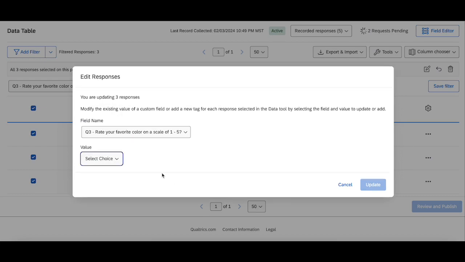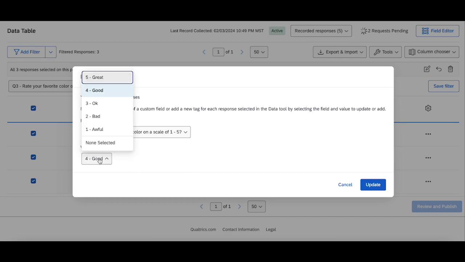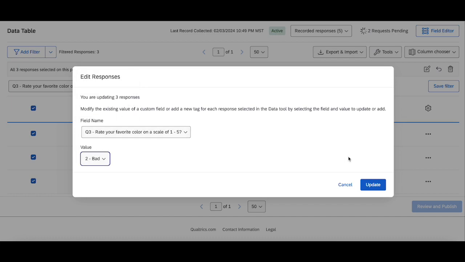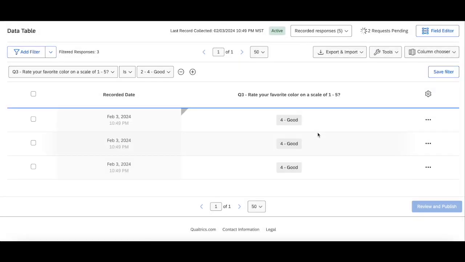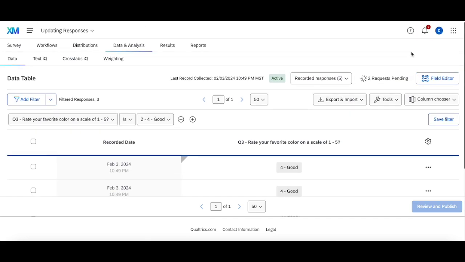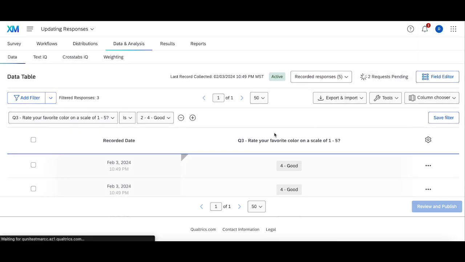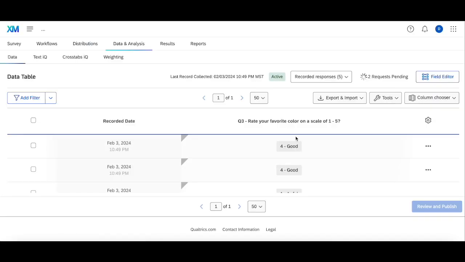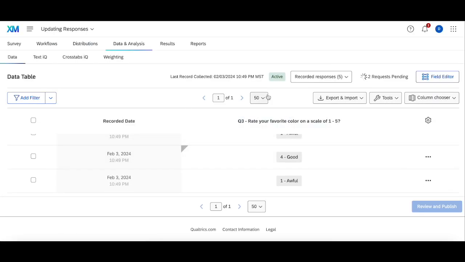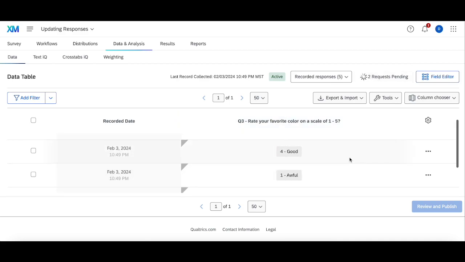So I'm going to click on question 3, 4, and then I can change all these to be 4, or I can change them to all be 5 or 2 or 1 and so on. In this case, I'm going to change them all to be 2 since 4 was flipped to 2, and then update them. And then once this request stops pending and I refresh the count, all the 4s in the survey should be updated to be 2s. It'll take a little bit of time,